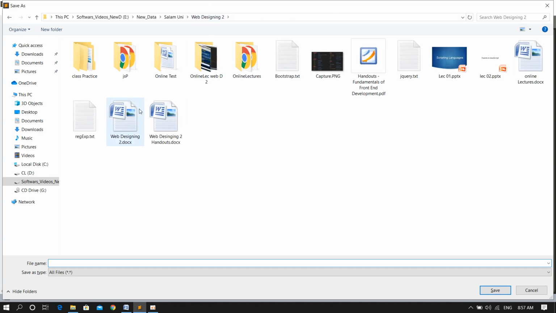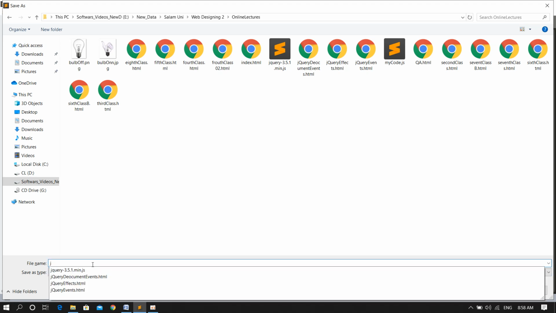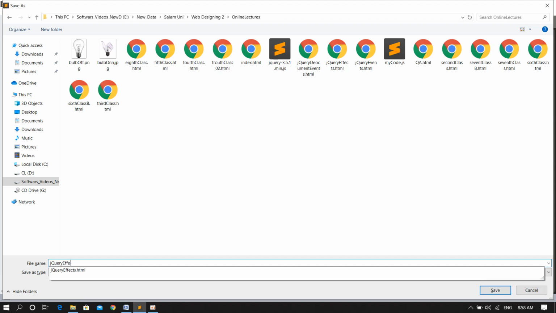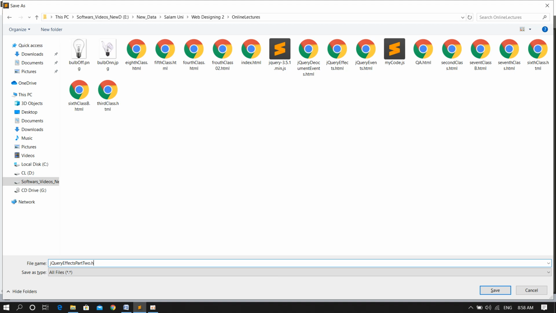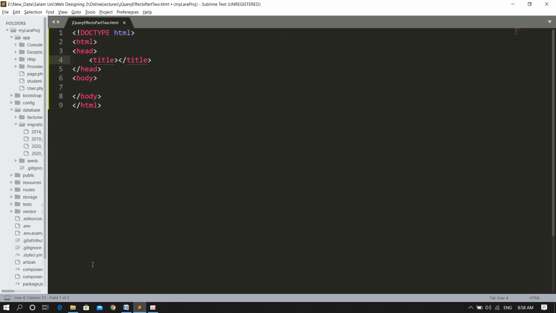Okay, in this folder where we have the rest of our files, and I'll just name it as jQuery effects part2.html. Here I'll create the basic HTML structure, and in the title I'll just write working with jQuery